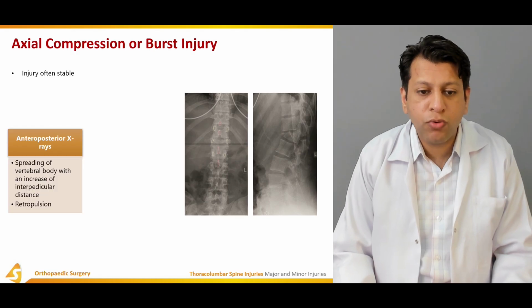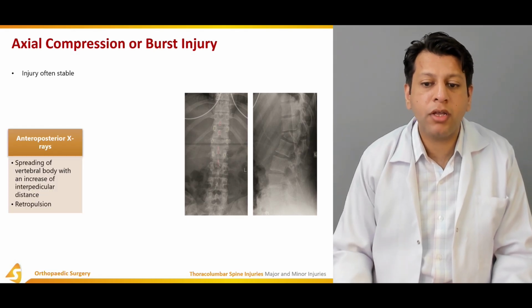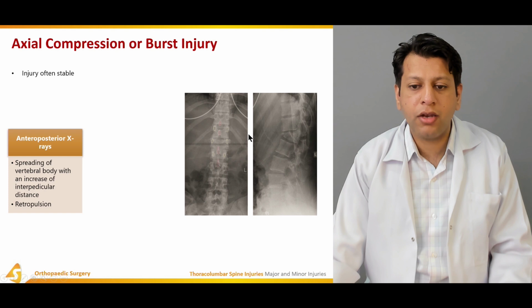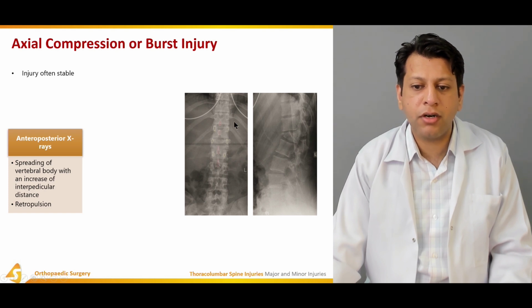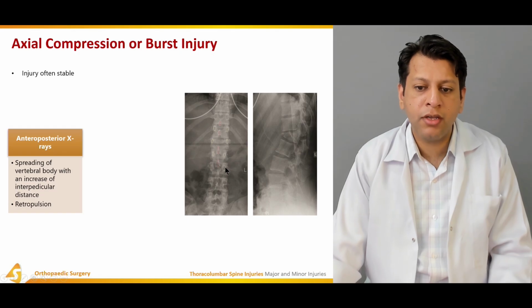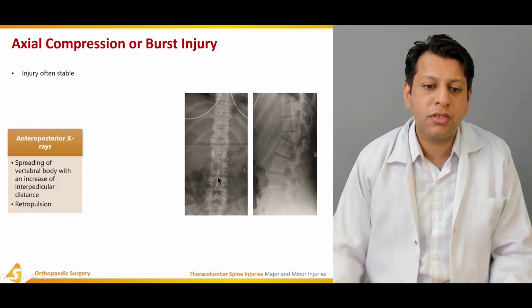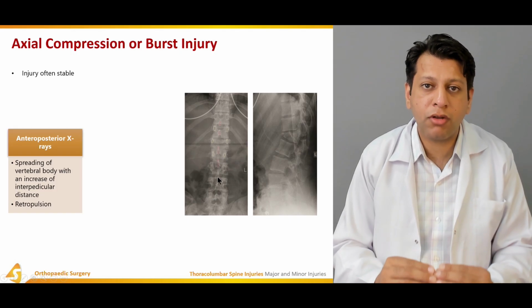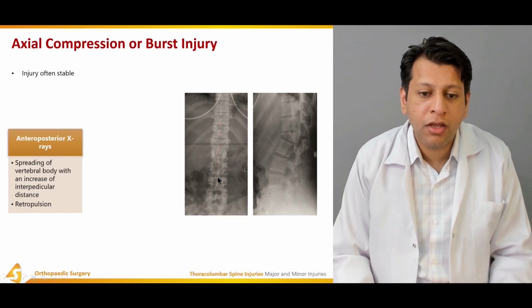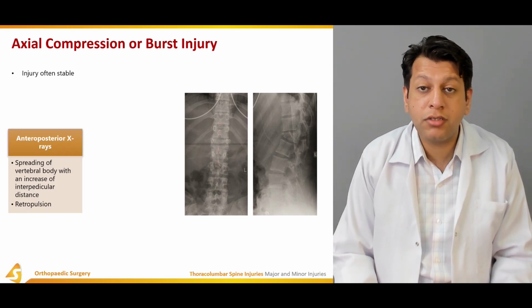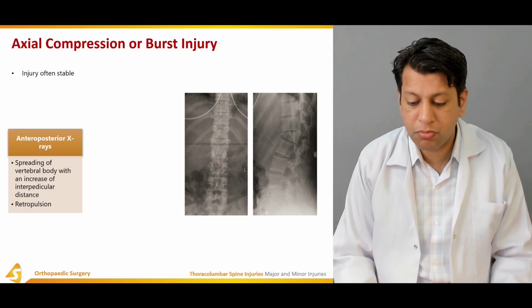On AP view, you see the spreading of the vertebral body. If you see over here, can you appreciate these are the interpedicular distances, and suddenly this vertebra is actually collapsed. And can you see the distance between these two facet joints and these two facet joints as compared to the other? There is definitely the vertebra collapses and spreads apart with increased interpedicular distance and retropulsion of fragments into the spinal